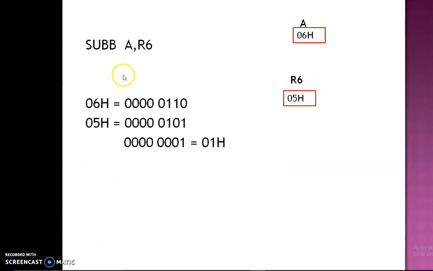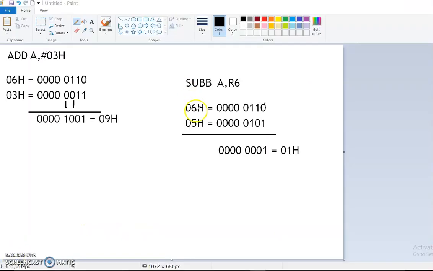Now we will take one example. 06 is accumulator data, R6 is 05. We have to do the subtraction. I will show how to do the binary subtraction. Take accumulator content as 06, R6 content as 05, convert into binary, and now we are going to subtract bit by bit. 0 minus 1 is not possible, so you have to take a borrow from the next bit.